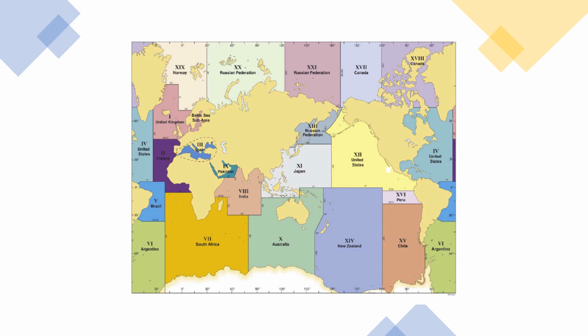So what many people do is they just focus on their own particular nav areas. For example, if somebody is transiting from Australia to Japan, some officers just focus on nav area 10 and 11 in this case, because they say, oh, the other nav areas are not relevant to me. But my advice to you is that if the notice to mariners is coming out, and this is not like charts, if you don't have the charts, you don't correct it. But if you have the charts, even if you are not using those charts, you must correct those charts,